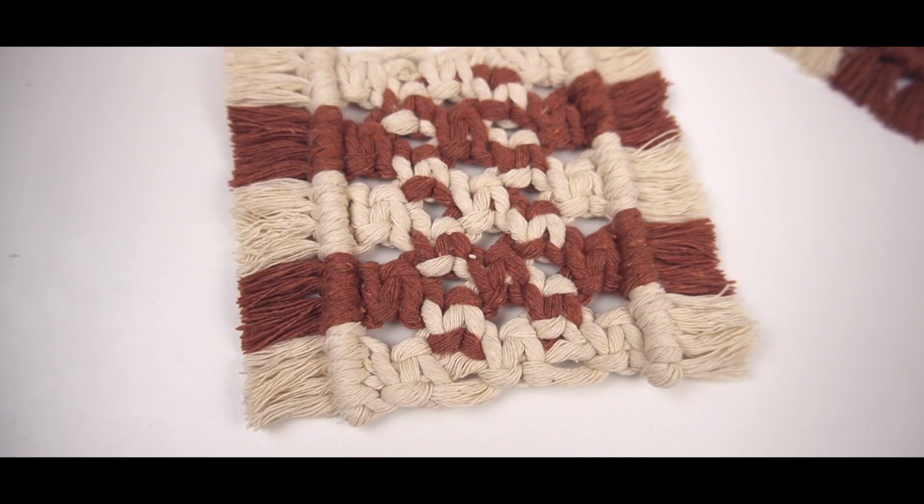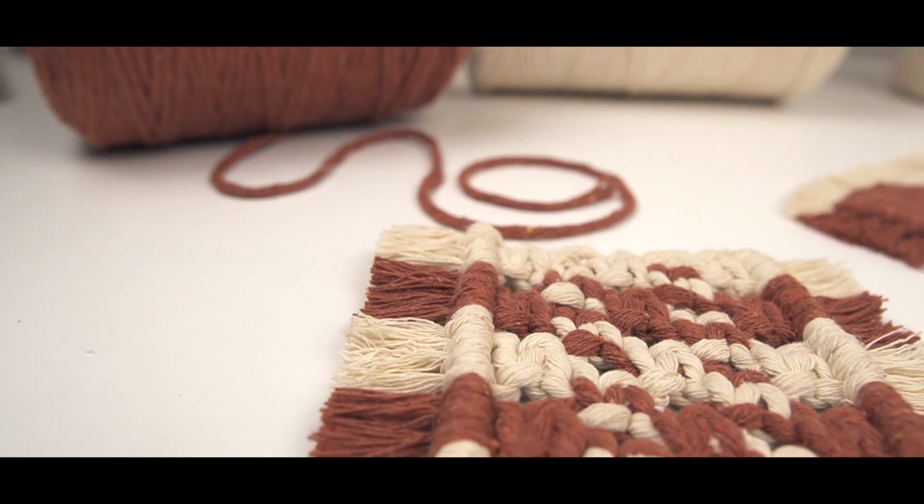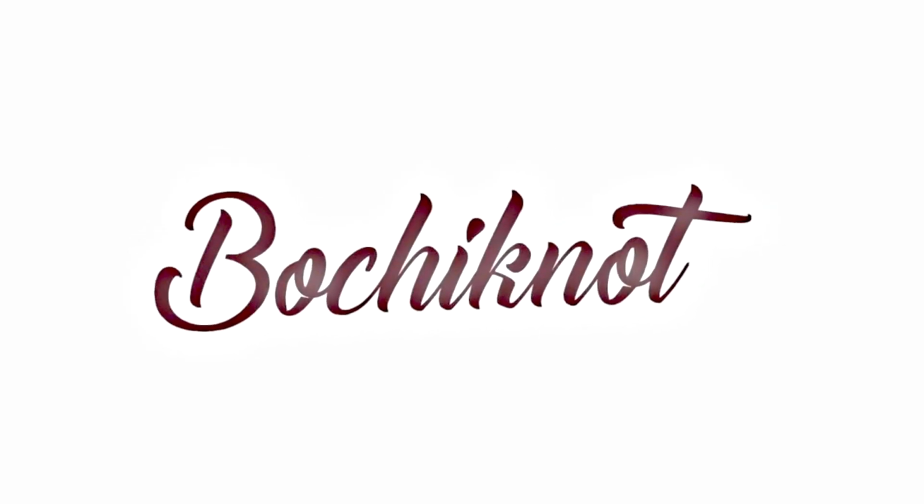I have an exciting project for you guys today, and that is a dual color macrame coaster pattern. So macrame coasters are not only practical and functional, but they make the perfect gifts or party favors. And a lot of times coaster patterns are beginner-friendly patterns as well, which make for great friends and family activities